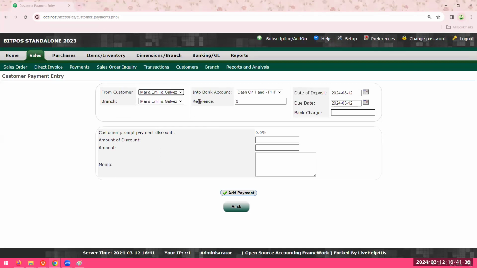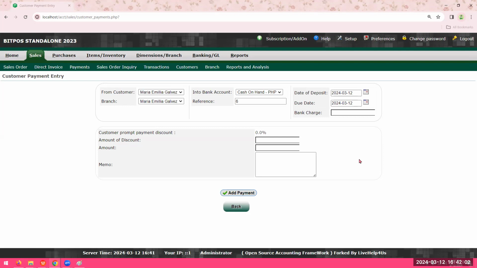Next, if you're good to go, you have to see the date of deposit. This is really useful for PDC checks or post-dated checks. You may put the payment based on the date on that specific check. So if it's not check based, if it's online bank transfer or it's cash basis, you can just date it on the same day that you receive the payment.